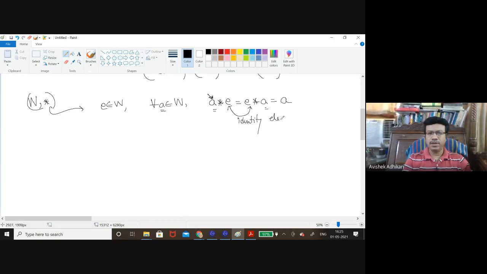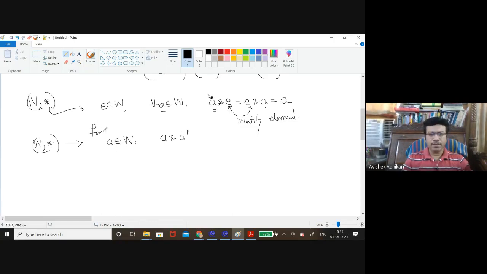Identity element. Okay, so that is also very important. Another is very important. For example, if you take an element A belongs to W in such a way that A star A dash, or we call it A inverse, that means